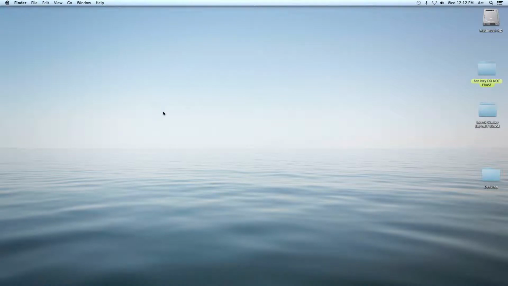I'm recording now. So this is the Macintosh desktop. Whenever you turn on your computer, this is the first thing that you're going to see. Most of your folders are going to be on the desktop. What I want you to do when you turn yours on, when you have your computer, is to make your